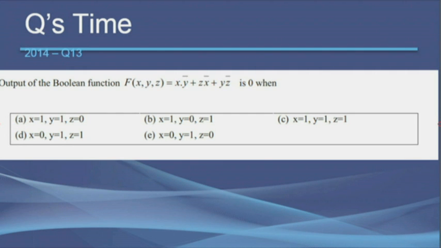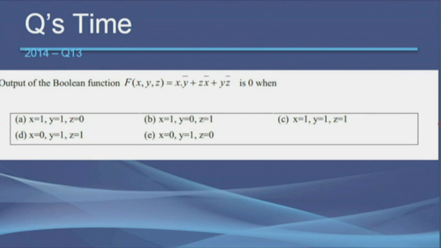As you can see, this is a sum of products, which means this is a product, this is a product and this is a product, and this is a sum. If you want this function to be 0, you should make sure that each part is 0. So each part should be 0. What you can do is simply substitute ones and zeros here and there and find out whether you can have the 0 here. But I am going to tell you another quick way to understand this situation.